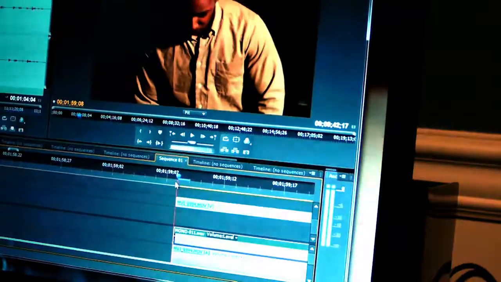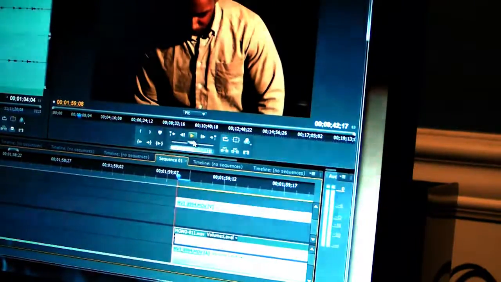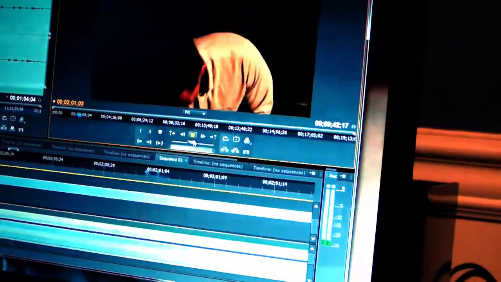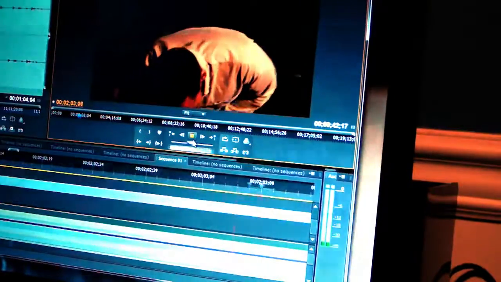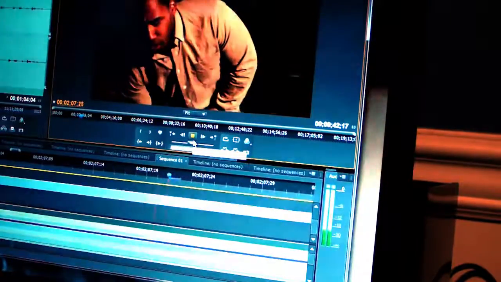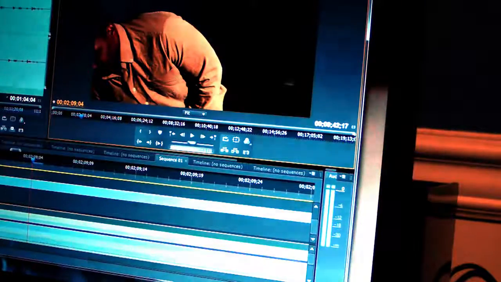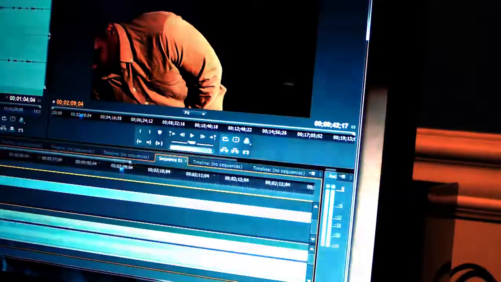So what we're going to do is I'm going to start them how I had it, which was lined up there. And I raise the volume all the way on the audio, and then I play it. And if you listen, you hear that slight echo. Just not much of an echo, but it's a little bit there, and it shouldn't be. And so what I do is I bring that slider back, and when it's a slight echo like that,